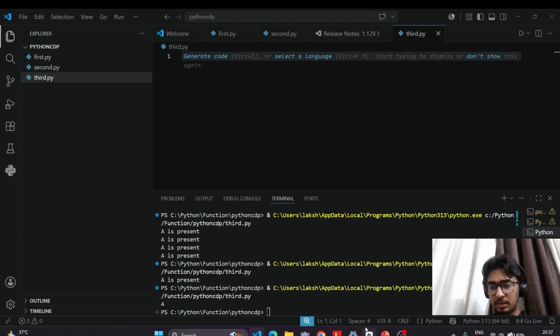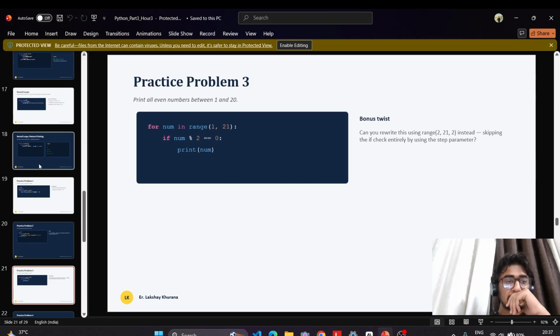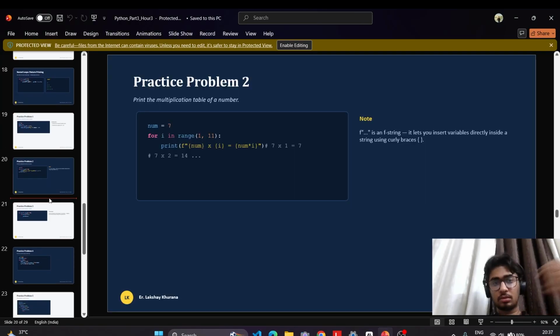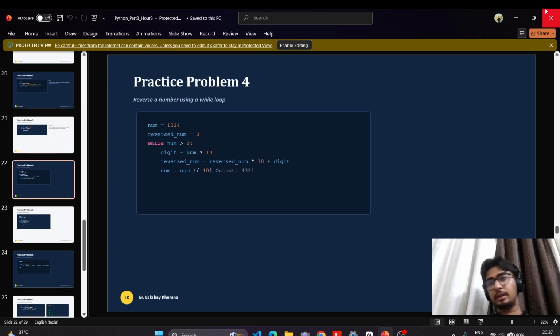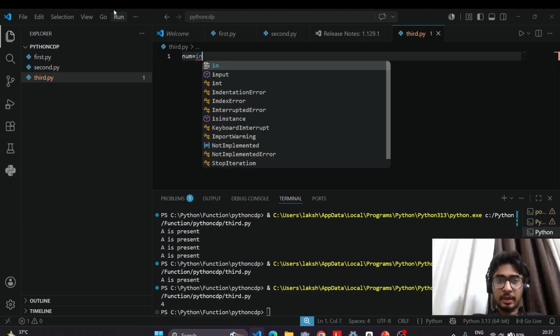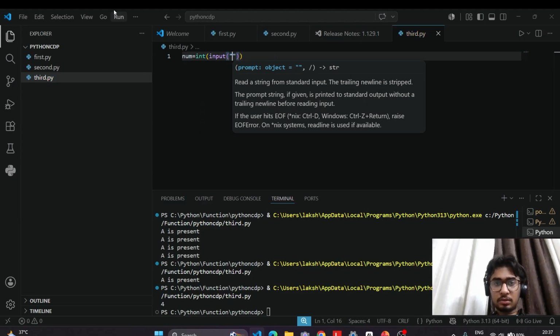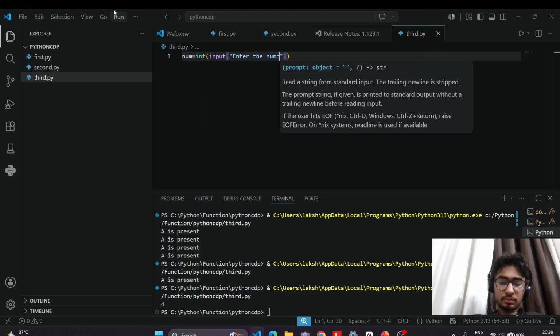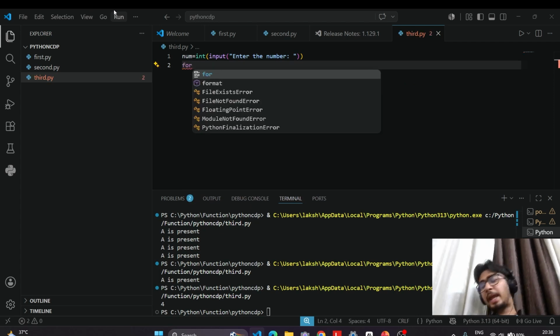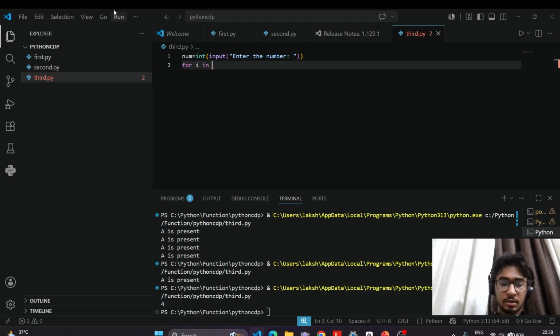We can discuss one more example, which is, let me see, is prime. Suppose we want to check a number if it is a prime number or not. Okay, first we will take input for that number. int input, enter number. Then we will run one loop. What is a prime number? A prime number is a number which is divisible by itself or 1. Okay, so we will check for i in range,